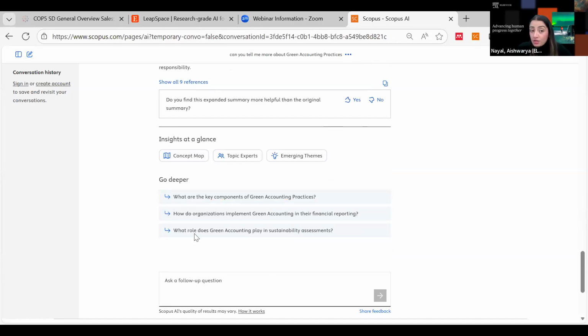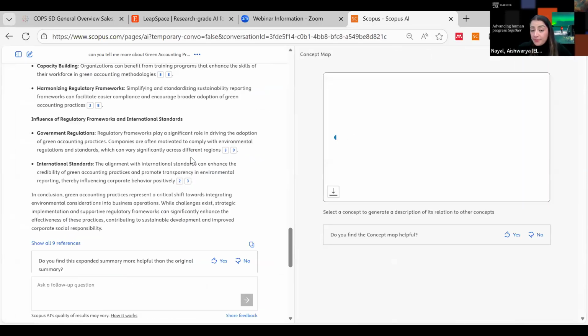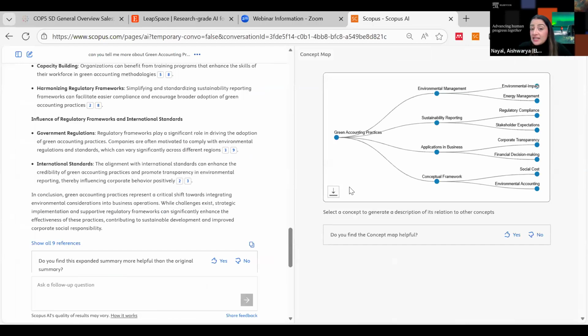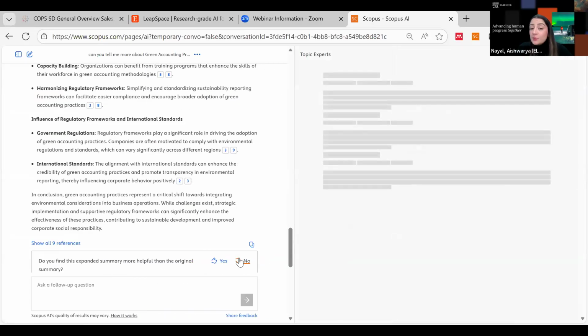I can ask a follow-up question, but I can also ask Scopus AI to draw me a concept map. And within a second, it has drawn me a beautiful concept map. I can download this, right? What else can we do? I can find topic experts. So if I click on topic experts,